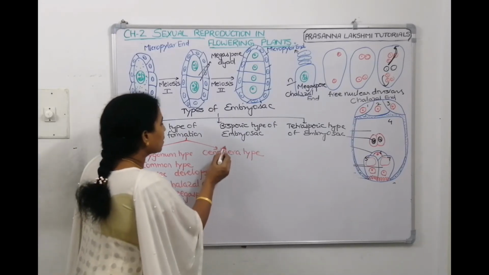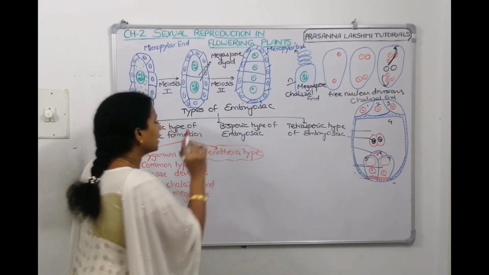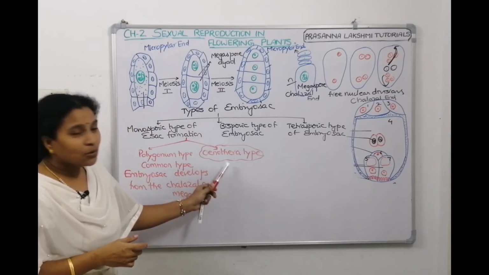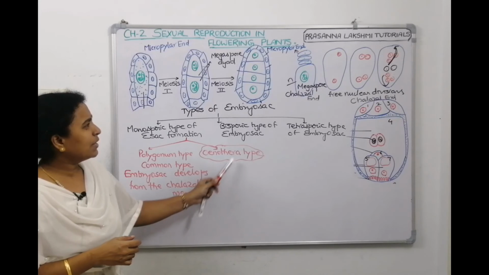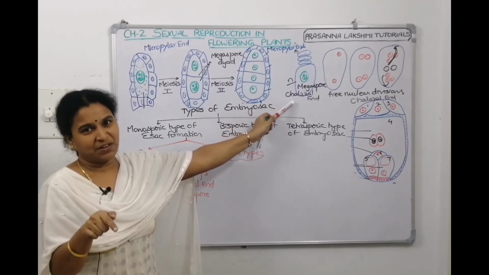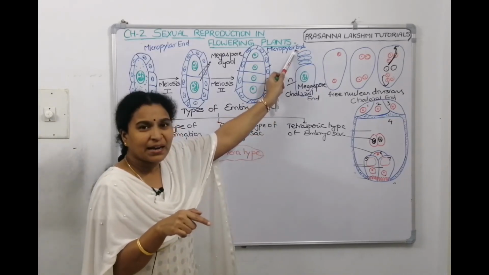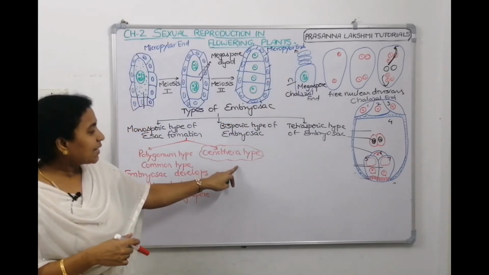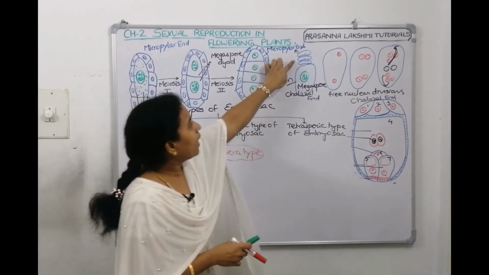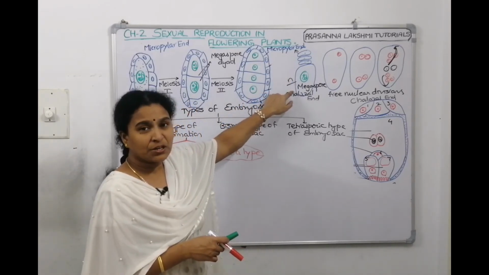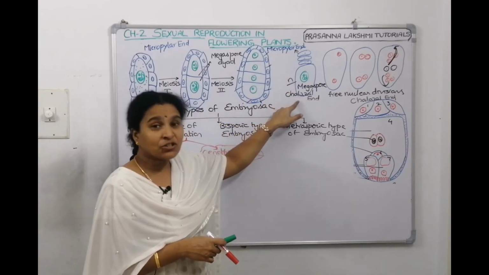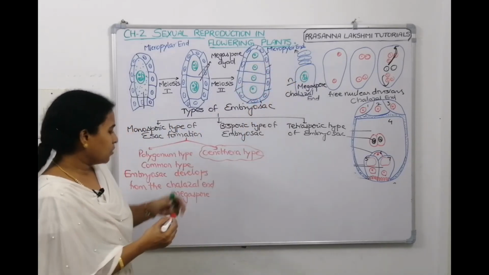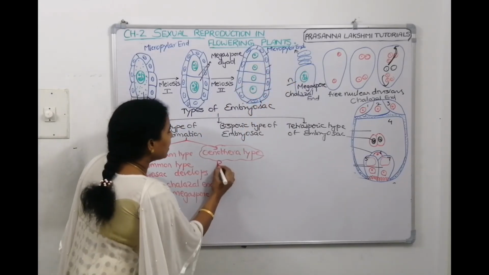The second one is called the Oenothera type of embryo sac. Now you can guess, right? What is Oenothera? In the Oenothera type of embryo sac formation, it's not the chalazal end megaspore which remains functional. It is the micropylar end megaspore which remains functional. That means, in this type, the 1, 2, 3 cells towards the chalazal end will degenerate. The functional megaspore will be towards the micropylar end, which is a rare type. So Oenothera type, we will tell it's a rare type.